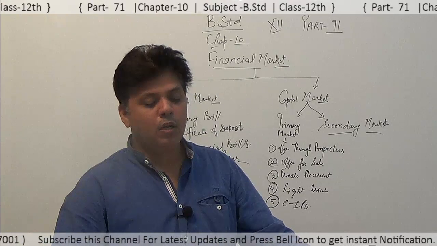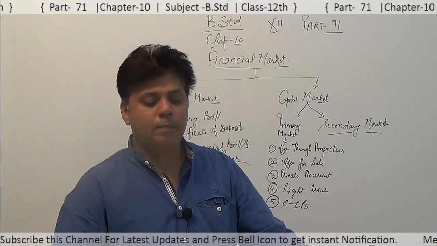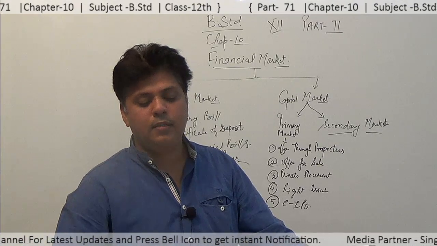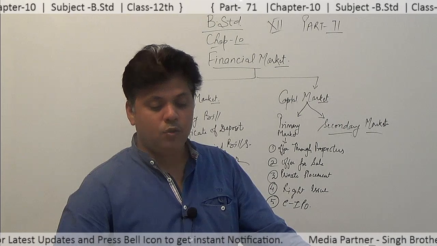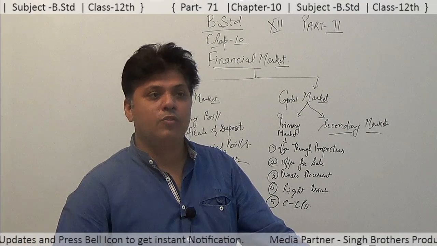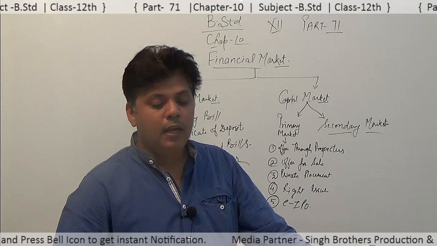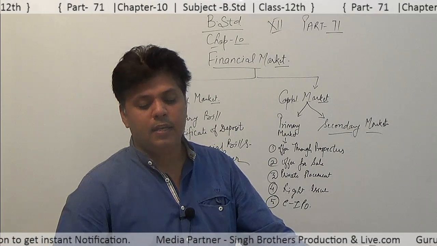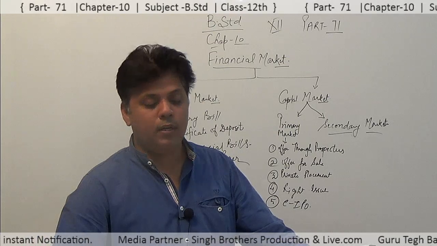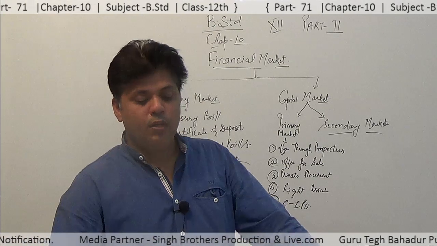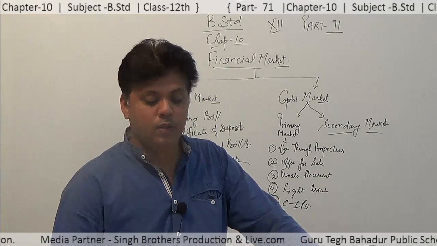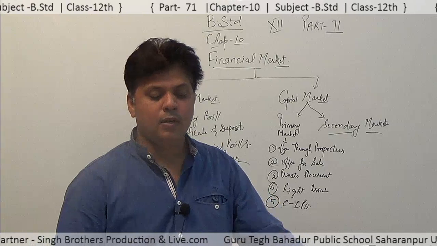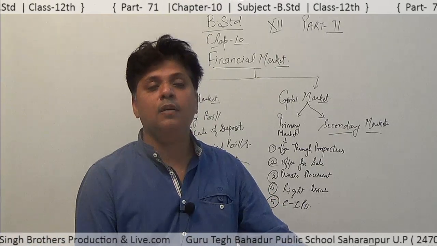SEBI registered brokers are appointed for the purpose of accepting applications and placing orders with the company. The issuer company should appoint a registrar to the issue having electronic connectivity with the exchange. The issuer company can apply for listing its securities on any exchange other than the exchange through which it has offered the securities, because listing is necessary for every company before selling any kind of securities. And the lead manager coordinates all activities amongst the intermediaries connected with the issue.